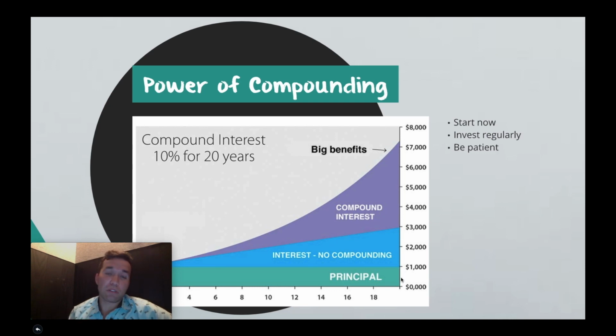And I was lucky enough when I graduated college that my cousin Kevin gave me this book by Ramit Sethi called "I Will Teach You to Be Rich." It's one of those really gimmicky titles, but it worked. At that time, I had nobody telling me why it was important to invest for my future, and it's crazy.